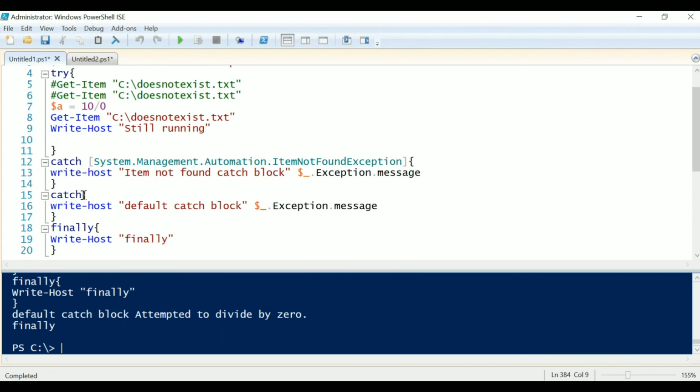So these multiple catch blocks work like this: you encounter some kind of error in your try block, then the type of that error is compared with each catch block in sequential order. Whichever type is matched, that catch block will be executed. So you can have any number of catch blocks after one try.